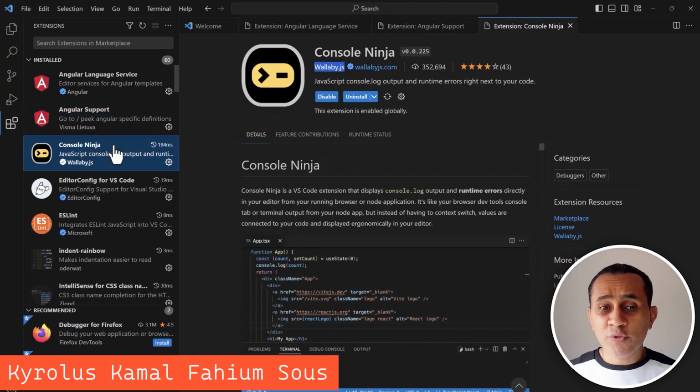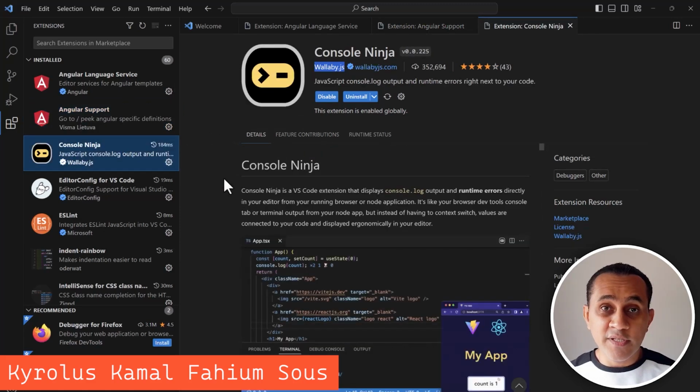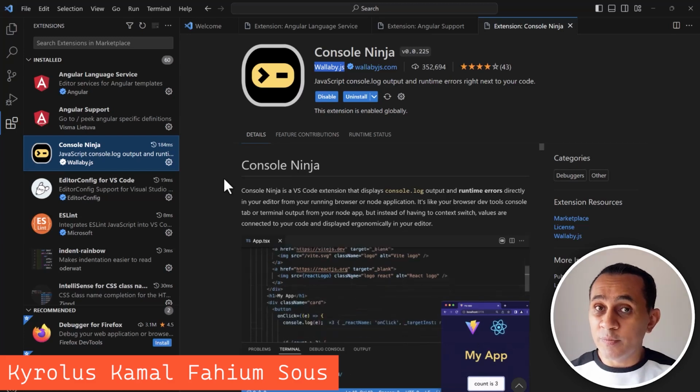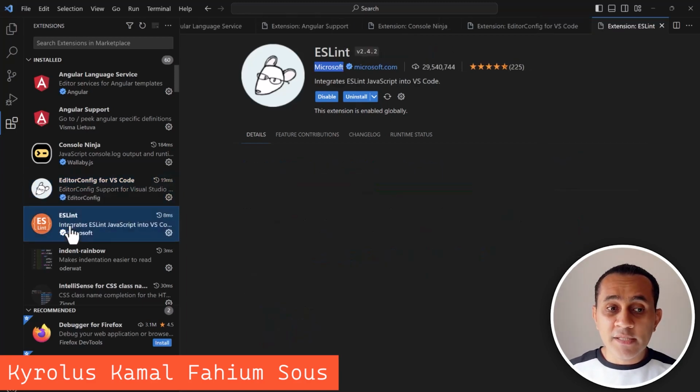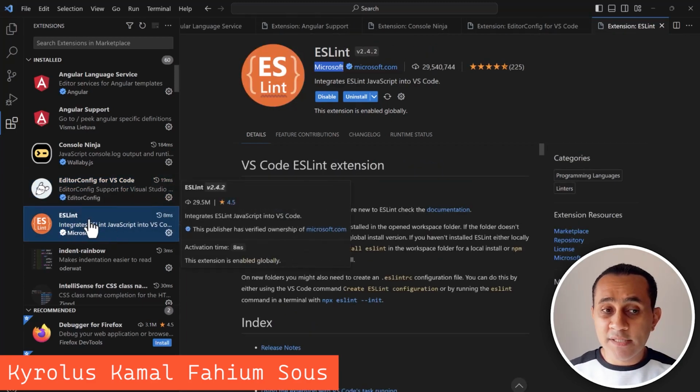Okay, Console Ninja shows you the result of console statements in VS Code, and you don't need to open the browser to see it. Okay, I will talk about these extensions in a different video when I explain to you the files and the folders that you find in your project. Okay, ESLint is an extension that helps you enforce your code style or code format.